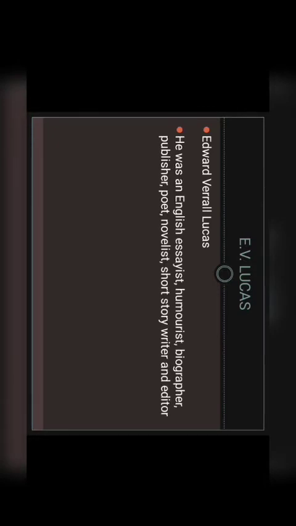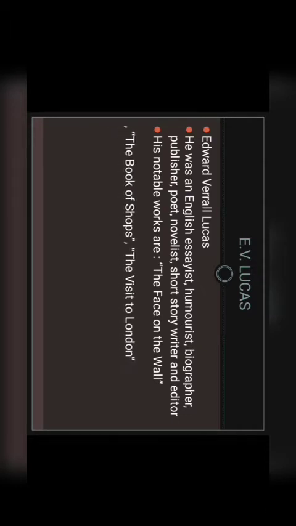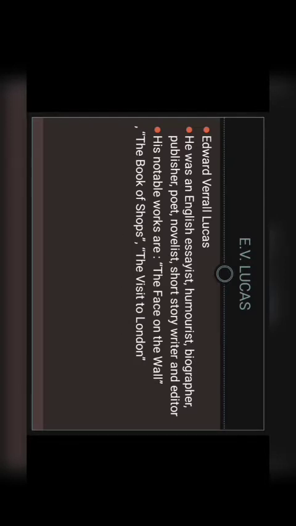Edward Vera Lucas, that is his full name, was born in London, and he was an English essayist, a humorist, a biographer, publisher, poet, novelist, short story writer, and also an editor. He is well known for his works. His notable works are The Face on the Wall, The Book of Shops, The Visit to London.